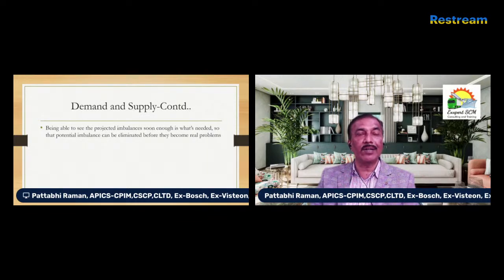And we are not only talking about today, this week, or this month's sales and demand figures, but we are also going to see what is going to happen in the next 6 months, next 1 year, so that we can take some preemptive action. This business tool, S&OP, brings people onto a platform where they can think about what is going to happen in the next 6 months, 1 year, or possibly up to 18 months. So you can have sufficient time for planning.